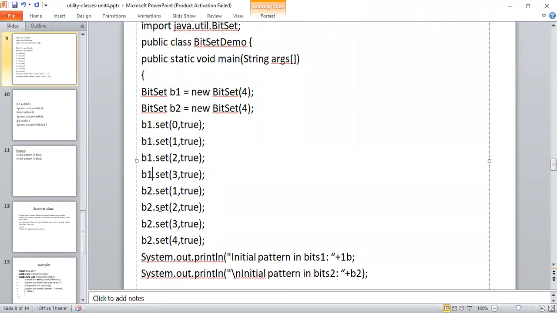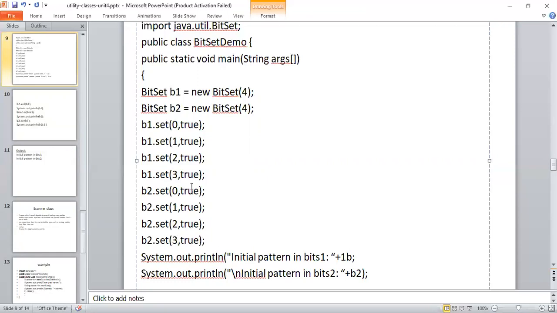Again, into the second bit set, called b2, I inserted the same values 0, 1, 2, 3.